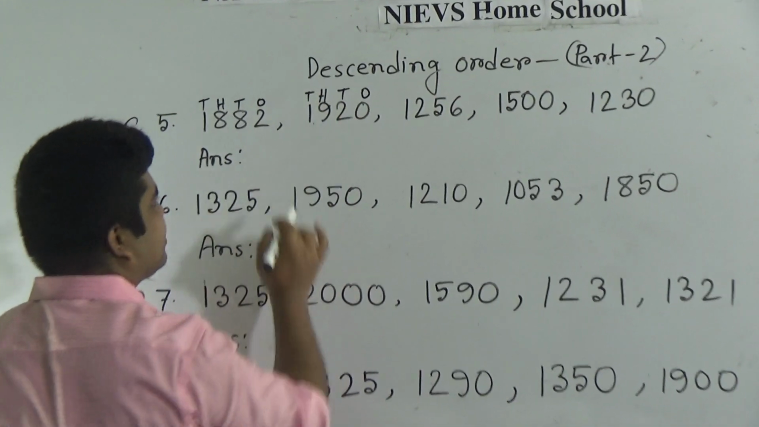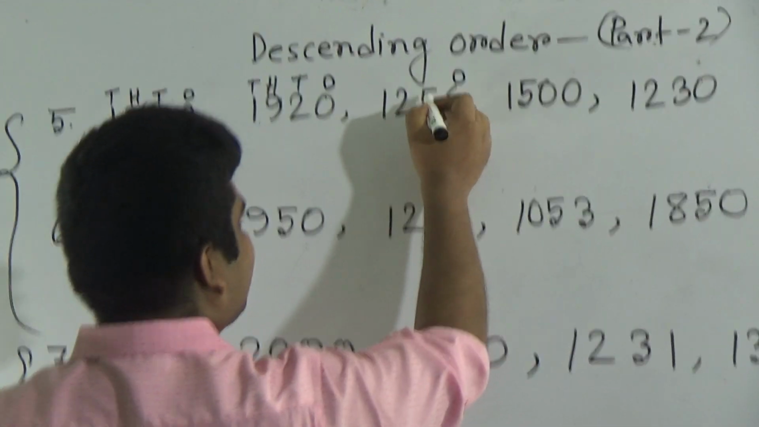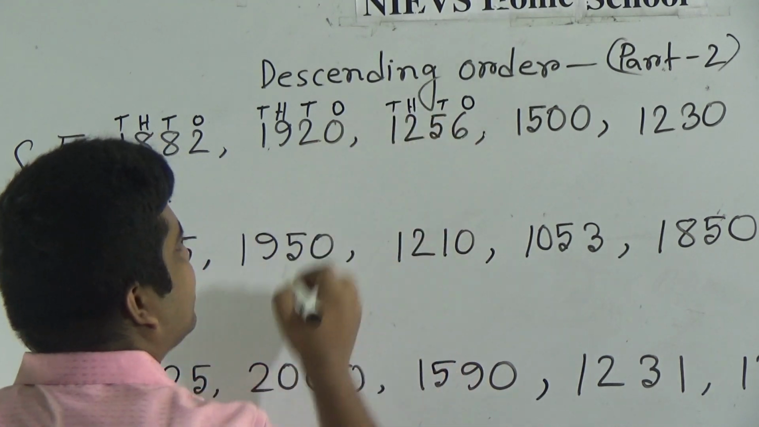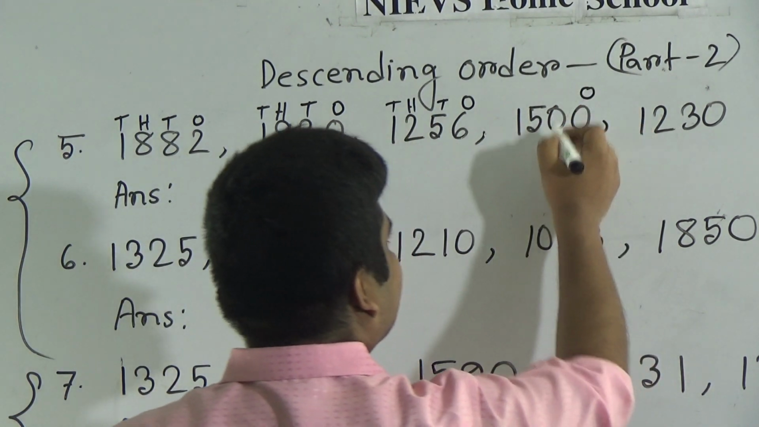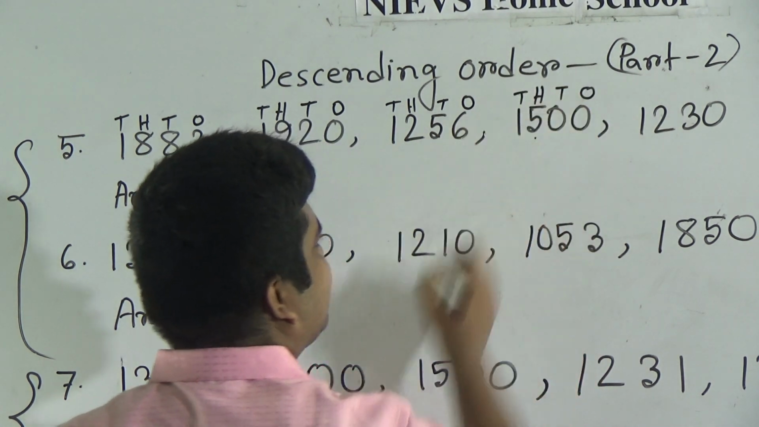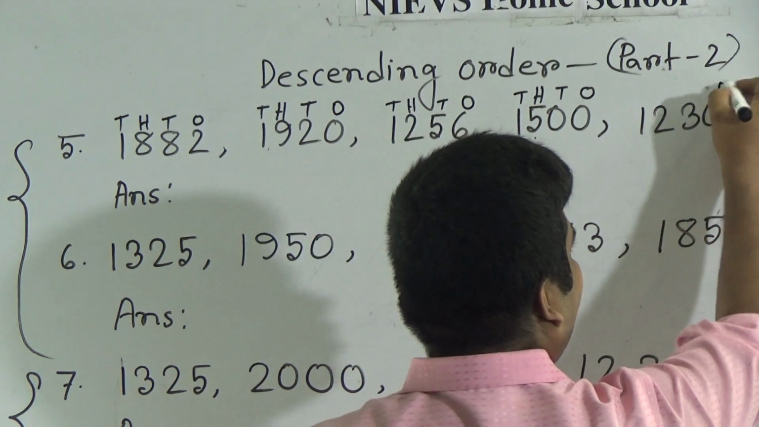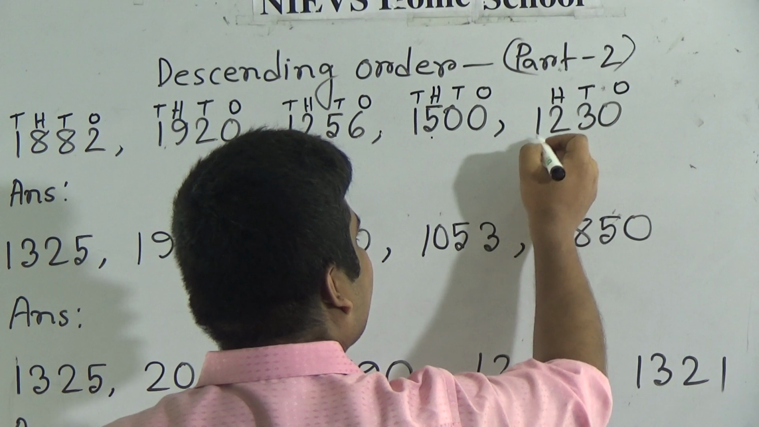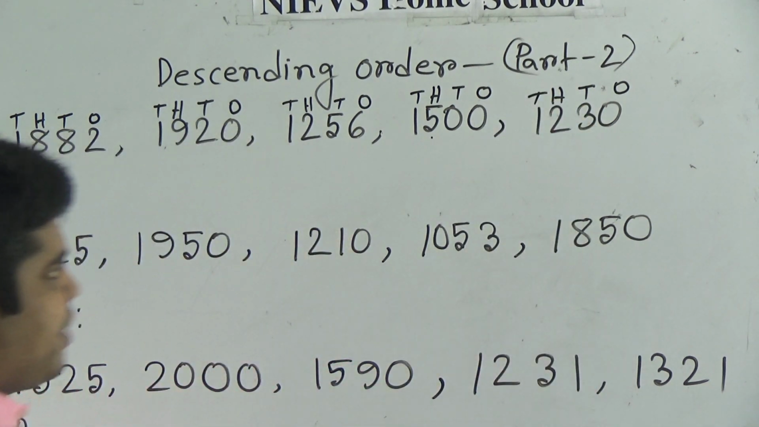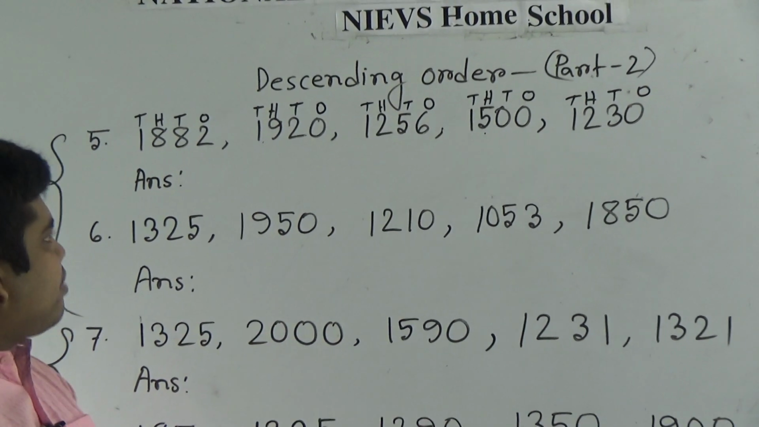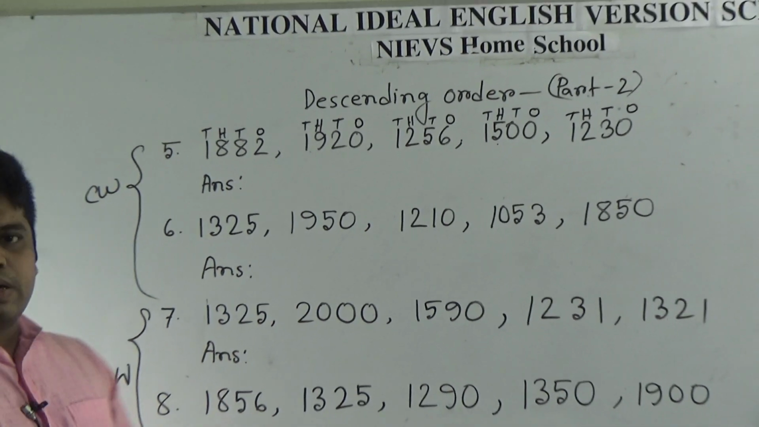6 is in ones place, 5 is in tens place, 2 is in hundreds place and 1 is in thousands place. 0 is in ones place, 0 is in tens place, 5 is in hundreds place and 1 is in thousands place. Similarly, 0 is in ones place, 3 is in tens place, 2 is in hundreds place and 1 is in thousands place. My dear students, in order to find the greatest number, at first we notice the thousands place